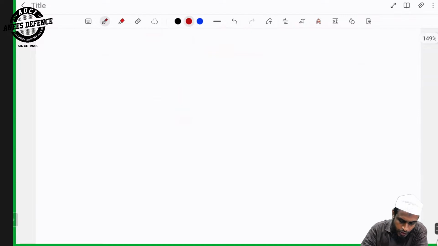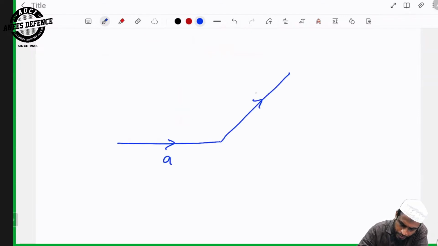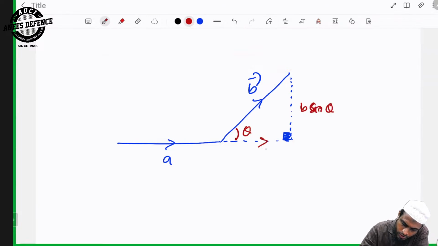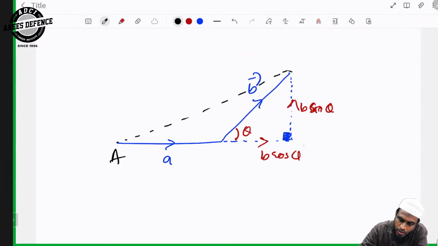Here, this is A, this is B. So the projection can be like this. This is the 90 degree. So this is theta. This can be represented as B sin theta, and this is represented as B cos theta. So you are getting a very big triangle like this. So for example, this is A, this is B, this is C, and this is D. Then by Pythagoras theorem, you can write